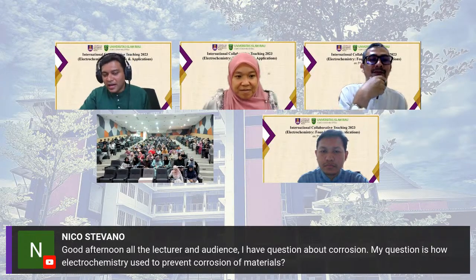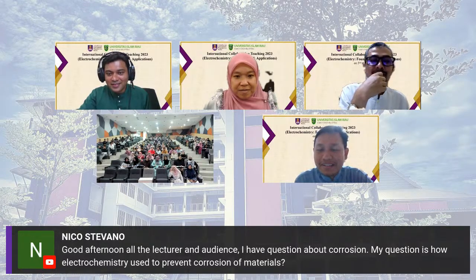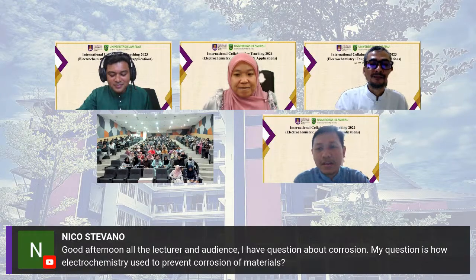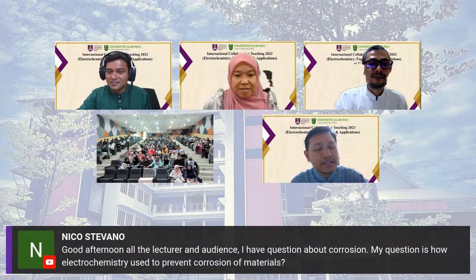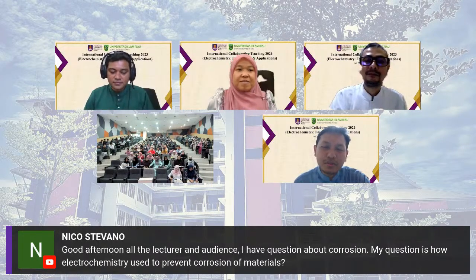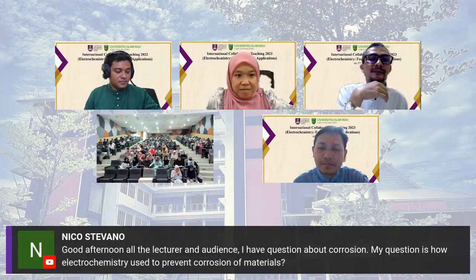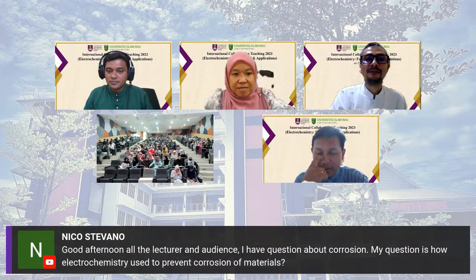Maybe Pak Riza, are you in this particular field? Well, as a matter of fact, there is one paper that I was involved in about the inhibitor Dr. Dedi mentioned before. Actually, we used, I think, guava, jambu, right? We used the inhibitor to prevent corrosion in galvanized pipe at the time. The pipe was used for clean water for the residents of a palm factory somewhere in Riau. I don't remember the place, but